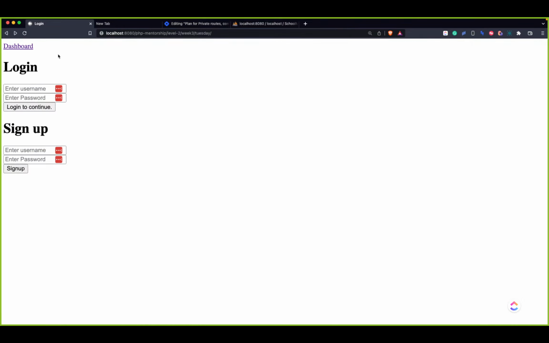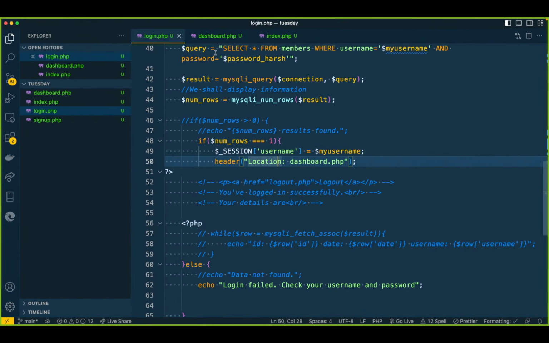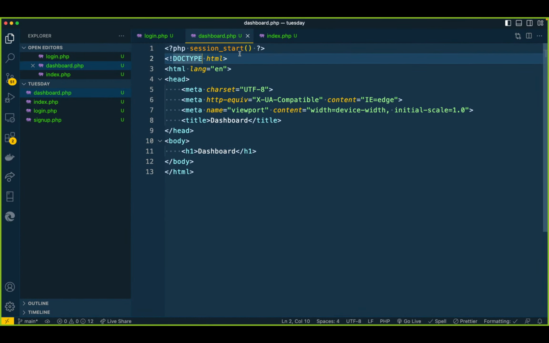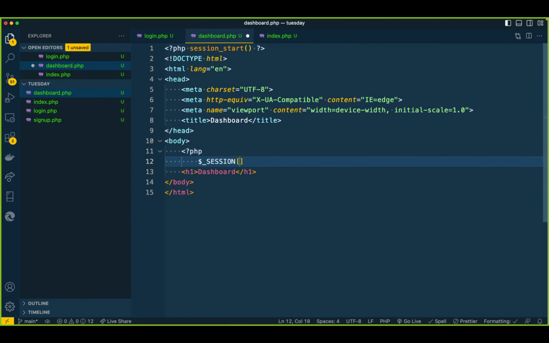So even before we do that, let's test the login. I'll test with the correct password and we see if we get redirected. Login to continue. Yeah, the redirection has worked. We've been redirected to the right page, or the right route. But on here we are not sure if we are redirecting to the right route. So what we shall do, here we can put PHP and access the session super global, and we want to check if the username is set. So we shall use the isset function to see if it is set, and then